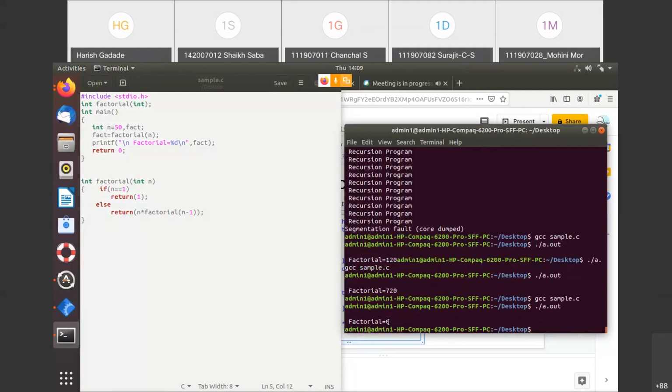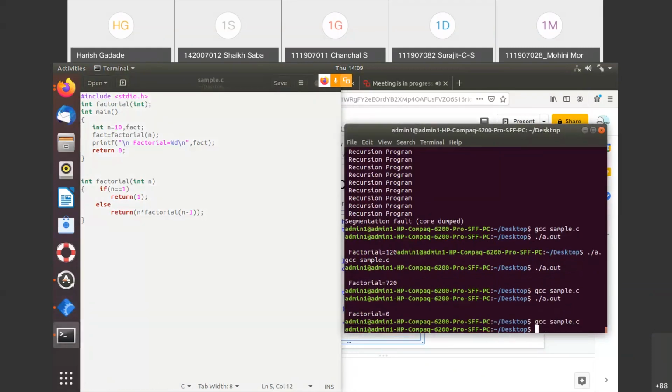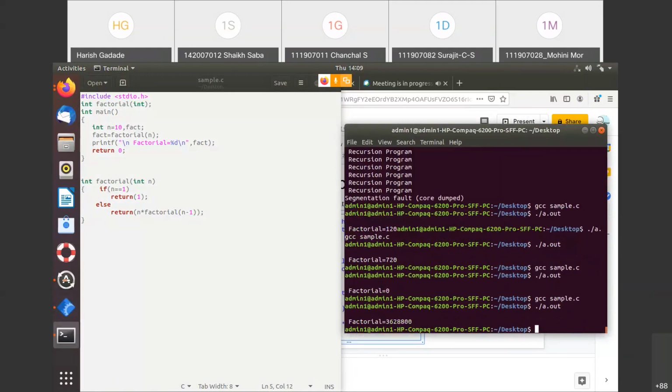You can see here factorial is 0. Getting this? Because it is not providing the correct output, as integer has some limit. But for small values, it provides the output. Like for 10, we'll see, you can see for 10 the output is shown here, right?